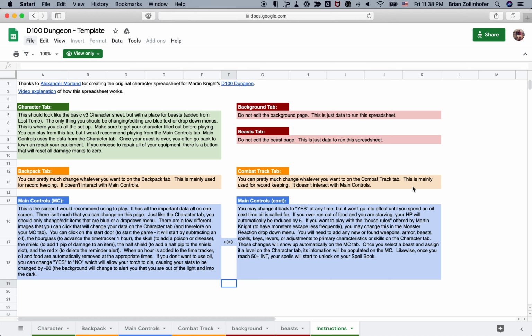Since you're watching this video, I'm assuming that you're already on this page, and this is the D100 Dungeon template that's based off of Alexander Moreland's work on Martin Knight's D100 Dungeon game. This template was really well done, but it was missing a few things from the Lost Tome of Extraordinary Rules,